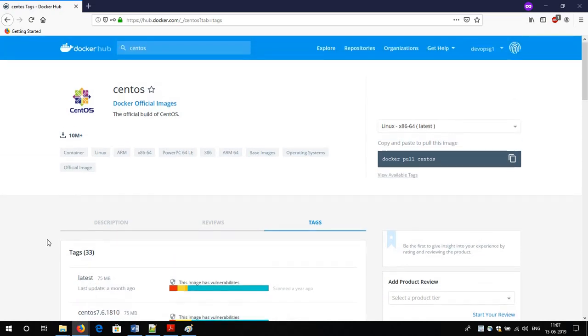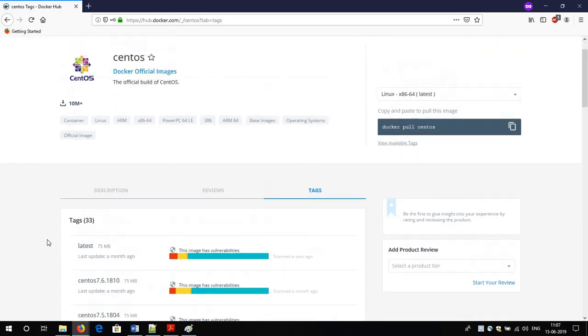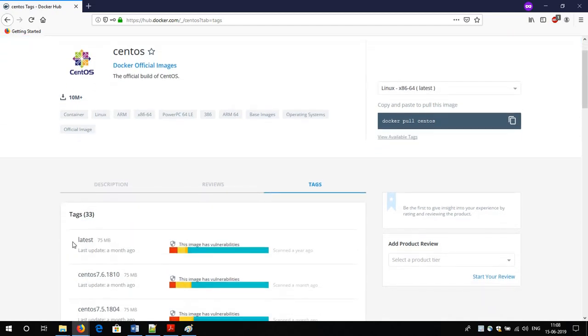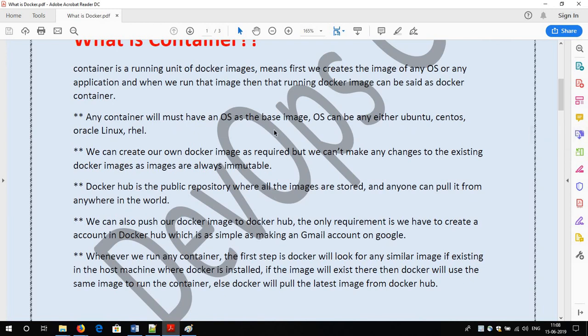But now I am comparing the physical virtual machine and this Docker virtual machine. The other important thing is you are able to find the latest. Whenever you pull any image from the Docker Hub, by default Docker is going to look for the latest image. If you do not give any specified tag, then Docker will always move for the latest image. So this is the first thing you have to look into: latest and the 75 MB overlay. I will explain everything in a later session of the video.